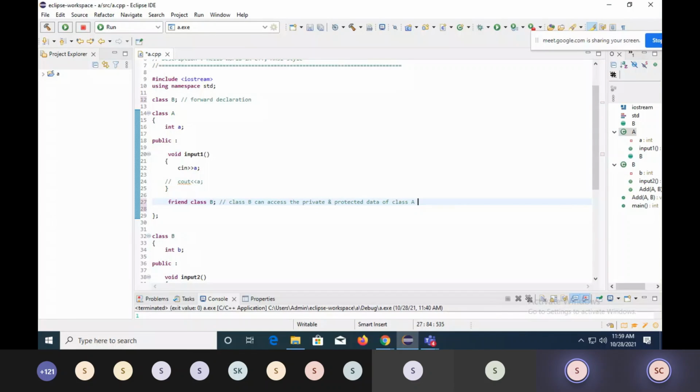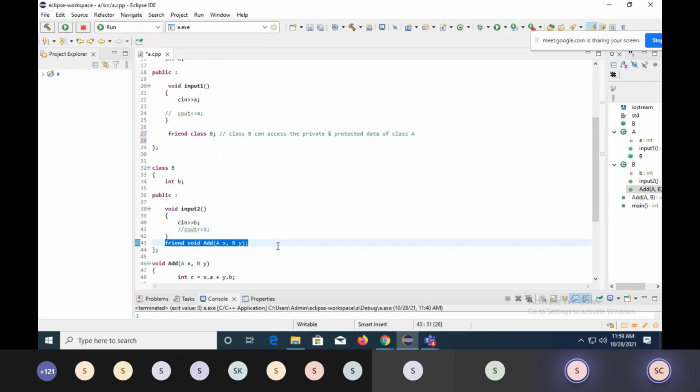Okay? If you want to make a class A as a friend, then you can do that here, no issue, right? We'll first make it for only one class. So what I did, you can see, I'm writing one class, class A. Private data is A. Fine.